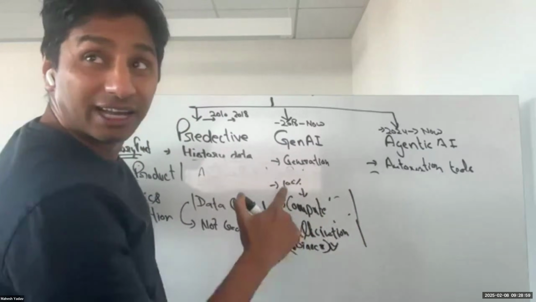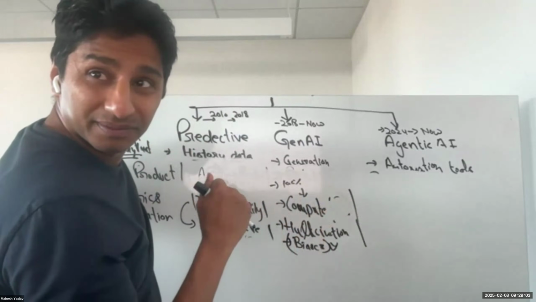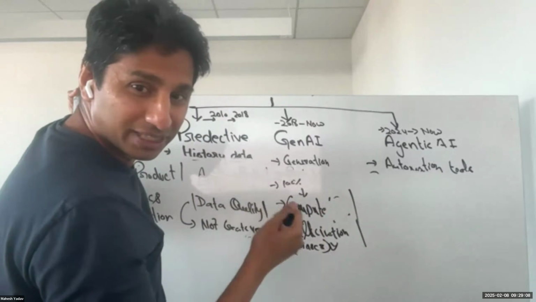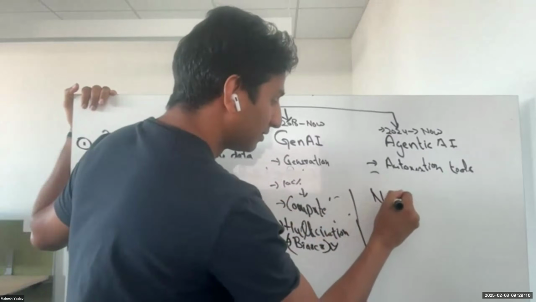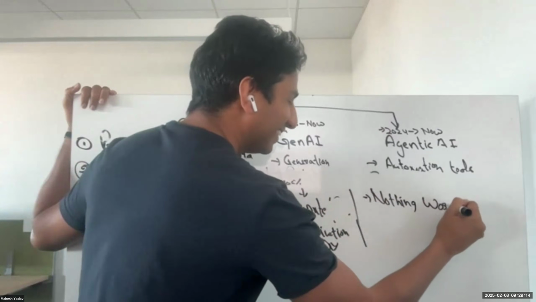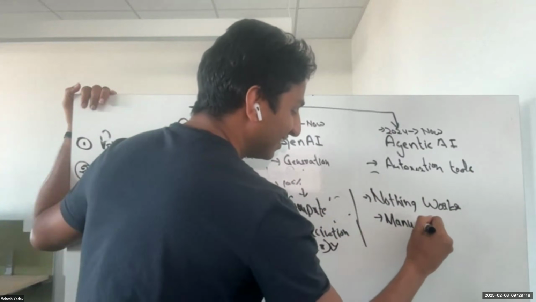Great, Janvi. Last one, agentic AI. What are the limitations? Oh, Mahesh. Can somebody just say nothing works? Nothing works. The number of manual interventions required, I mean, where you rely on manual.